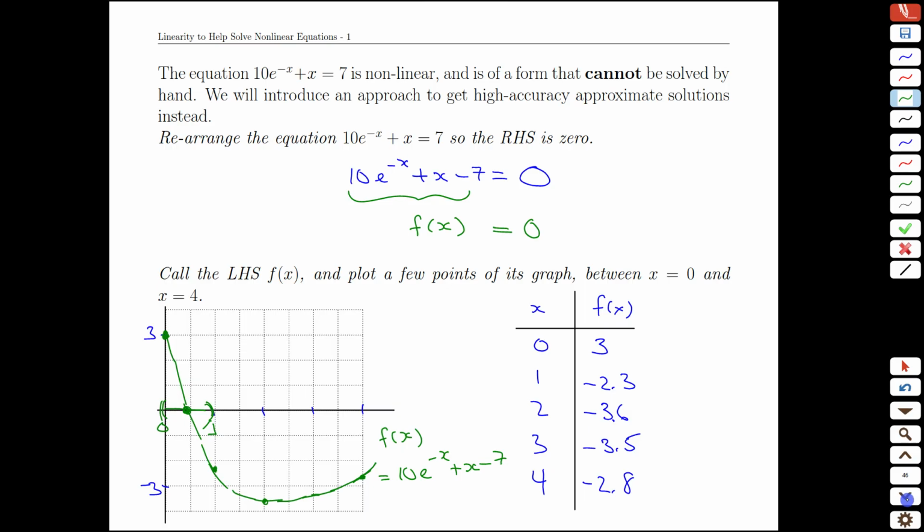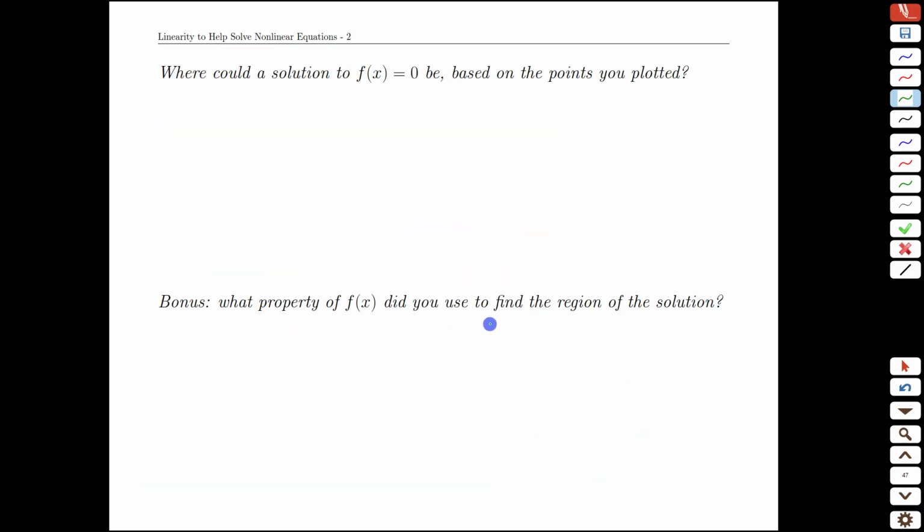Now think about the properties that led us to find that region. Let's formalize that. So on the interval x equals 0 to 1 is where we expect to see that. Now what property to use to find the region in that solution? Think about that for a moment. Implicitly, based on the 2 points that we had, one here and one here, we relied on the fact that this function was continuous